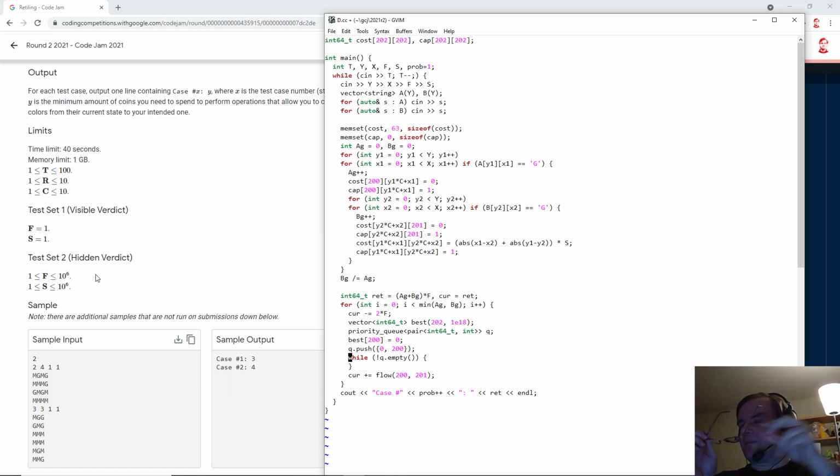I really should have a min cost max flow coded up in my library. It's annoying that I don't. Or a min cost bipartite match, which is all this is.